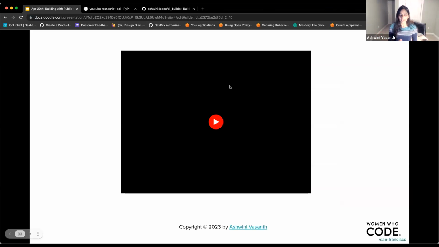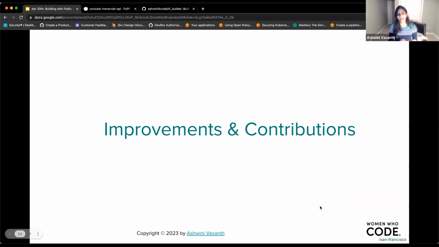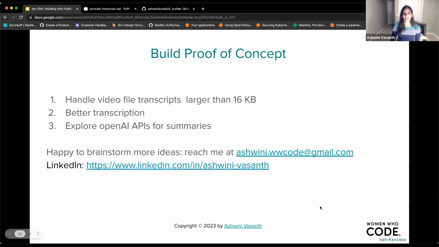So that was a simple project that we built, exercising DevRev APIs, exercising the YouTube APIs, and doing something useful that your team can actually look at and use. Of course, there are improvements. This is like the very first cut, right? So the first limitation is what I just showed you, the fact that anything larger than 16 KB, we just abruptly cut it off. There are a million ways to do this more gracefully. I would love to hear ideas from everyone. And I would also love contributions from anyone who would like to contribute.